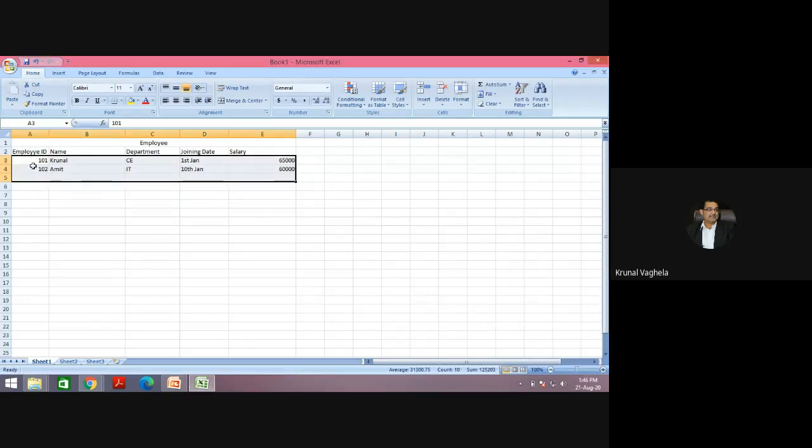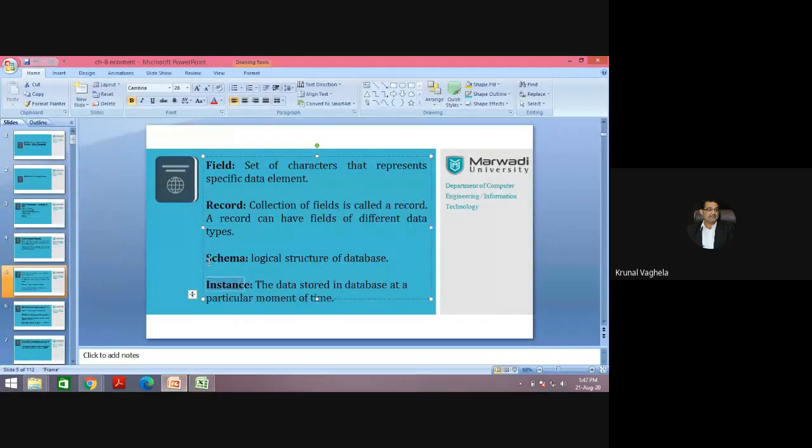Only instance will change. So whenever you are adding, updating or deleting the data, structure will not change. Only instance will change. So I hope the difference is clear between schema, which is a logical design, and instance, that is data stored in the database at a particular moment of time. And instance gets changed frequently, but schema doesn't.